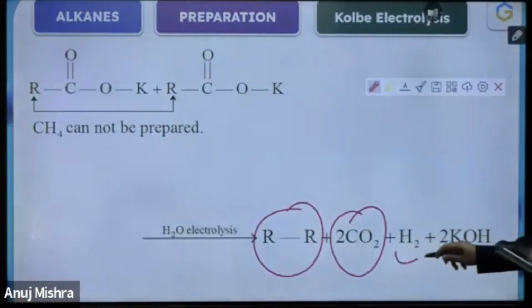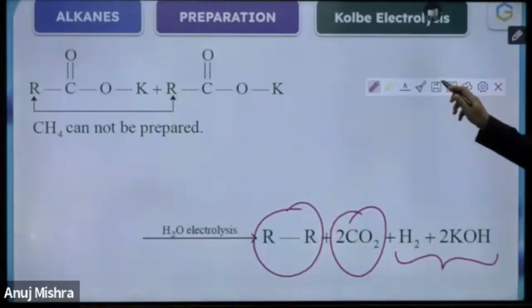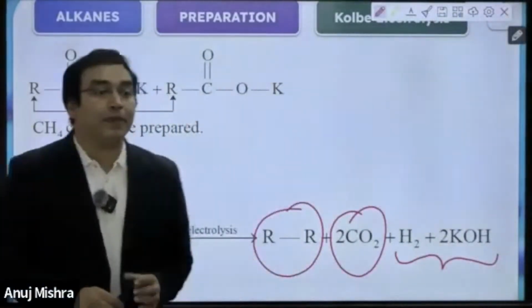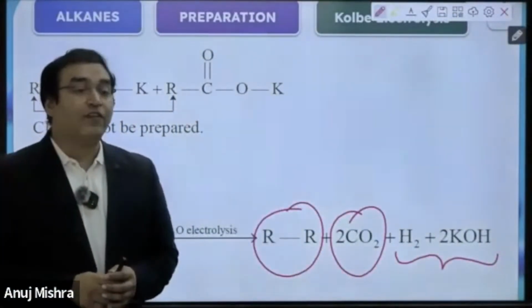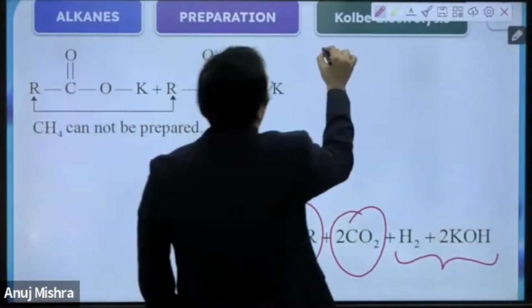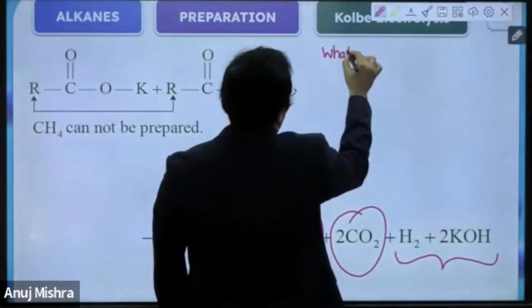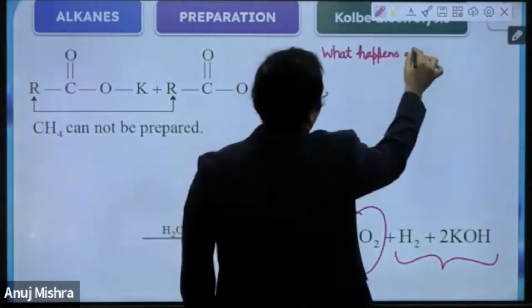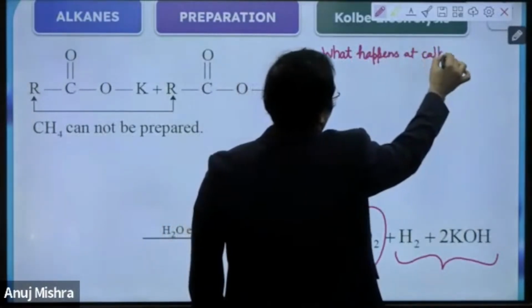Now, another part of discussion is pending, which is this. Let me explain this part also. So the reaction we have discussed is happening on the anode side. We have ignored the cathode side so far. So write down what happens at cathode. What happens at cathode? Because as you know,